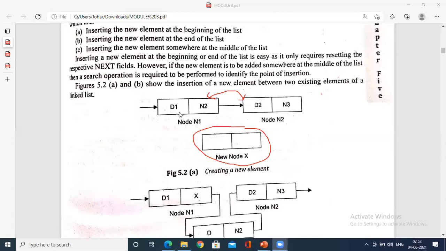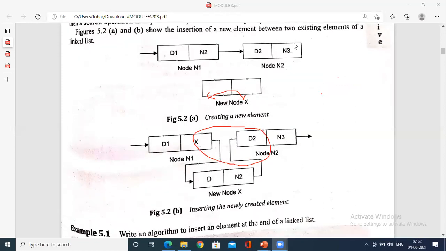So where D1 is a data, N2 is a, you know what is node N2. See, as I specified here, so address N2 is being connected to another linked list. Okay, linked list. So where his data is D2, N3 is the address of another node. So node 1, it is node N2. Okay, so how do you connect in between?